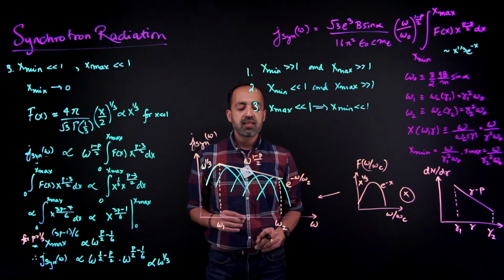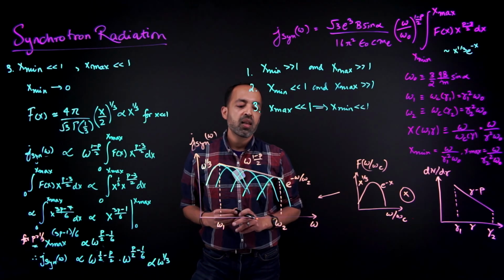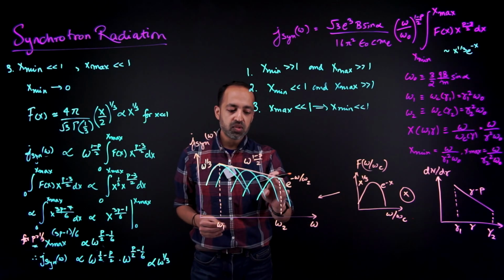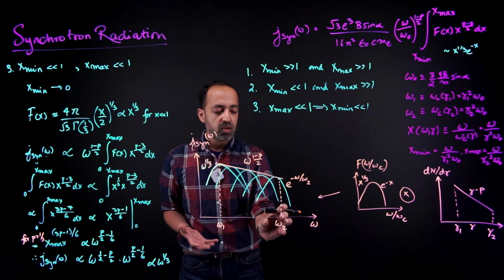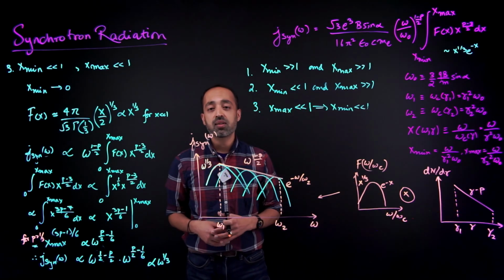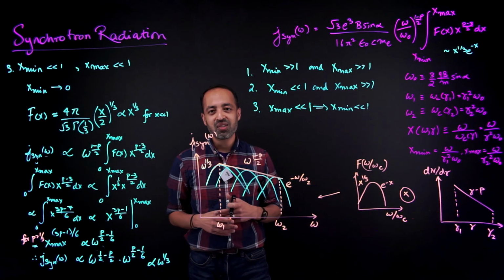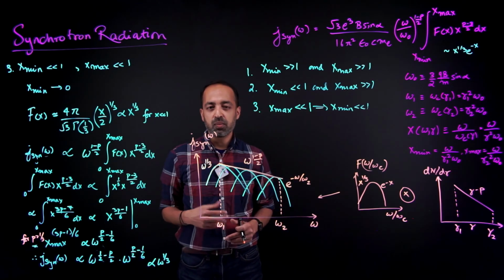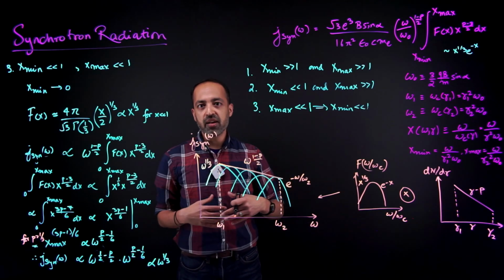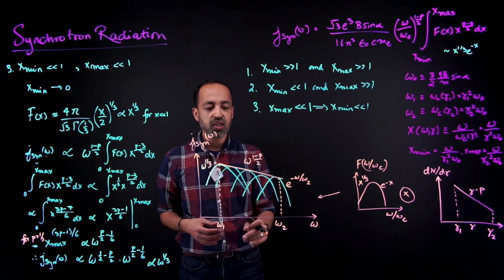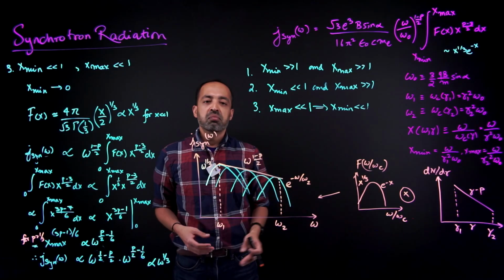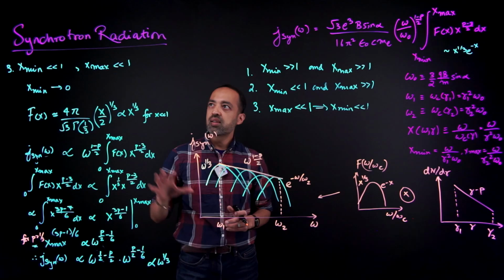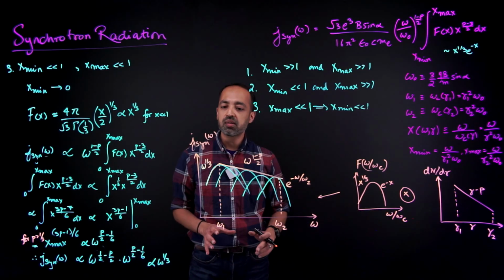This exponential cutoff is usually not observed. There are other effects that typically end up happening, but sometimes this does become important. When we talk about synchrotron cooling, this omega 2 might be the highest energy electrons that remain in the system because higher energy electrons have cooled or disappeared. And in that case, it has a name, it is called the burn-off limit. And that's because those electrons have burnt off their energy into radiation. And so then you can have this exponential cutoff in the spectrum. So that concludes our discussion of synchrotron radiation in the context of a power law distribution of particles,